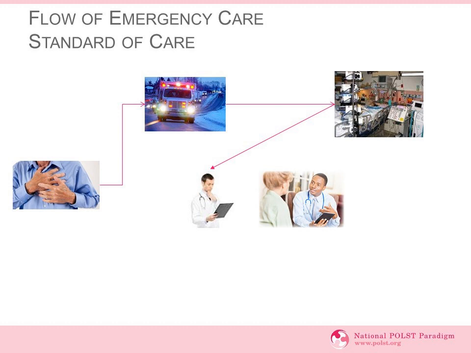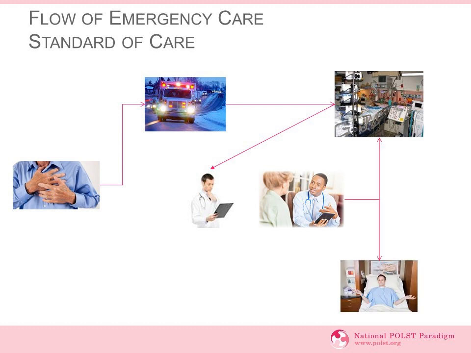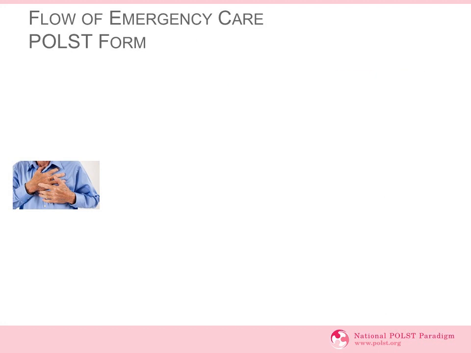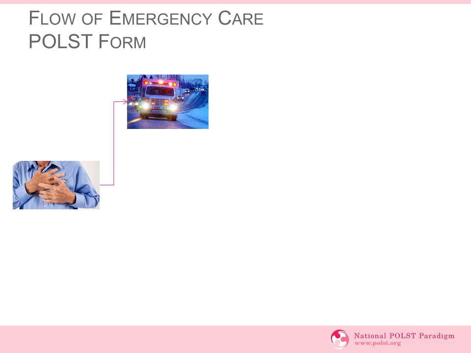Together, the surrogate and healthcare professionals will look at the general treatment wishes provided in that advance directive to inform the plan of care about whether the patient remains in the ICU or receives a different level of treatment. With POLST, however, things change. The patient has an emergency and EMS is called. But EMS reviews the POLST form, and EMS is trained to look for a brightly colored document, again, in most states pink, on a refrigerator, in a refrigerator, or in a medicine cabinet. It varies a little bit by state. But they find the POLST form and they review it.